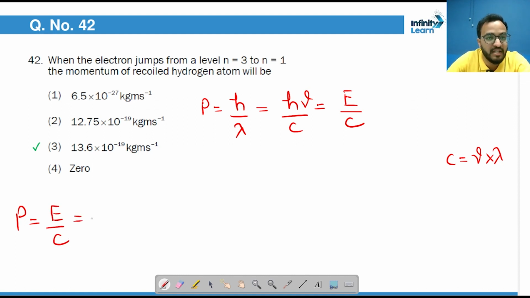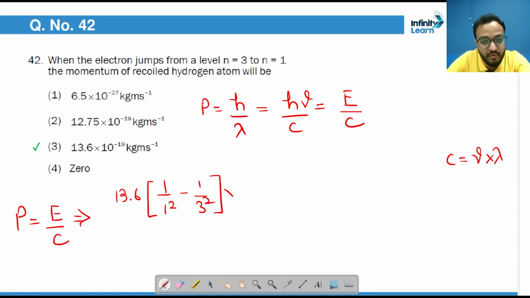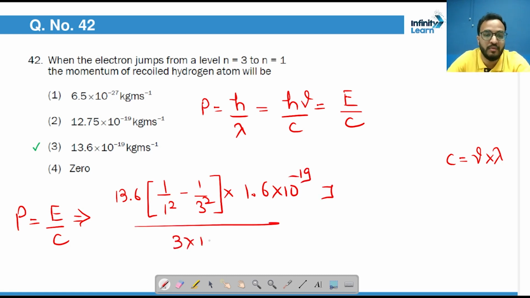Energy upon C. What is energy? We can say energy is 13.6 into 1 by 1 square minus 1 by 3 square electron volts. So we need to convert it into joules also, upon 3 into 10 to the power 8 meter per second. So this is how you will get the right answer. Okay,